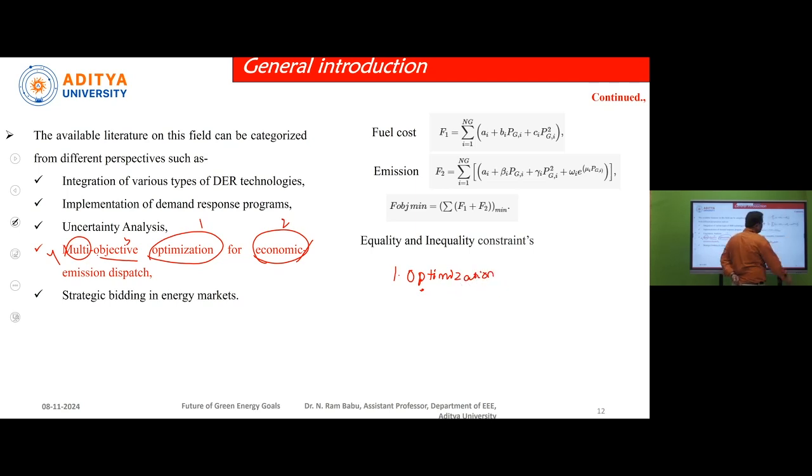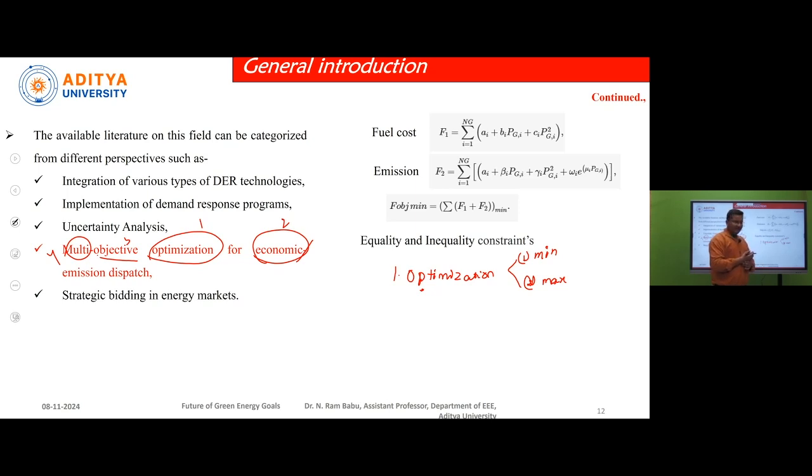This optimization is of two types. The first one is the minimization case, and the second one is the maximization case. Minimization, in the sense, the error values are to be minimized, along with errors and losses. Losses mean transmission line losses or distribution losses, and those can be minimized. Maximization means values such as profits or electric vehicle charging station values should be increased to get profits. This can be done with the help of optimization techniques.